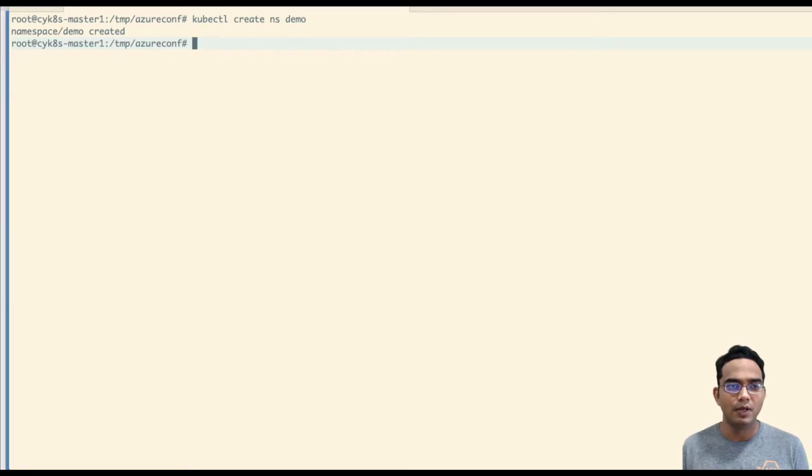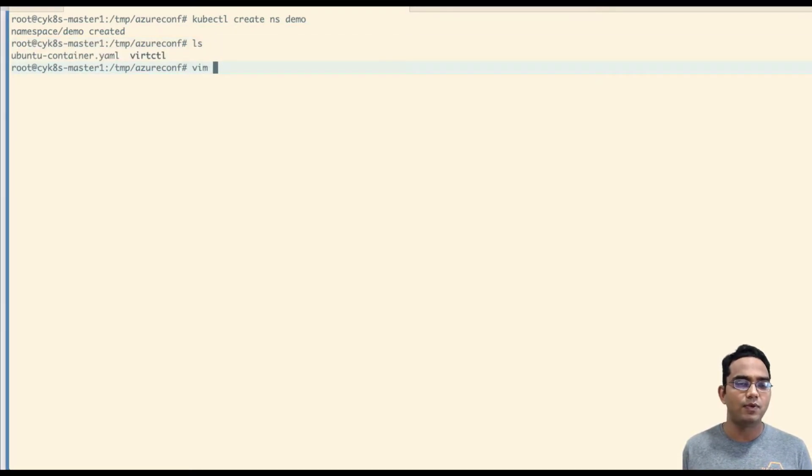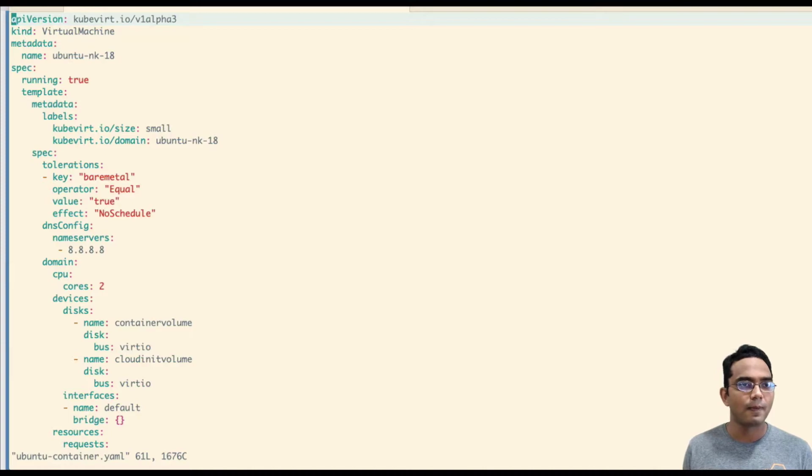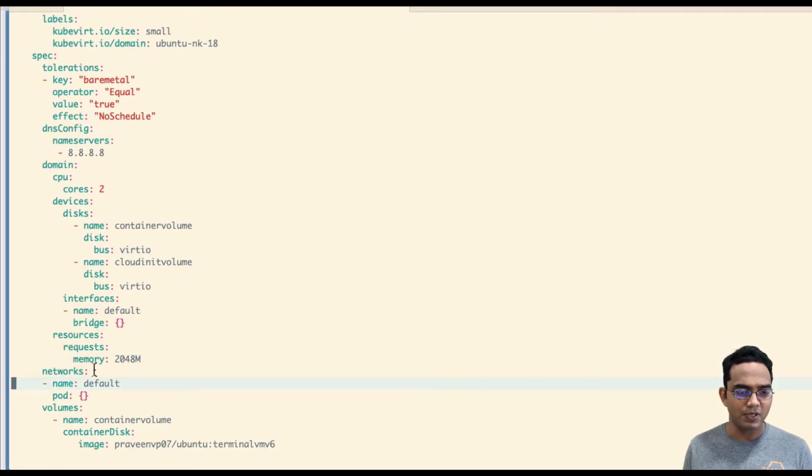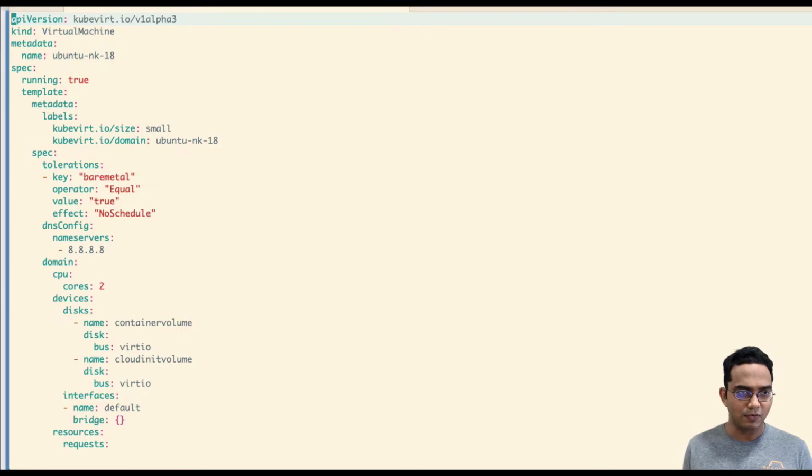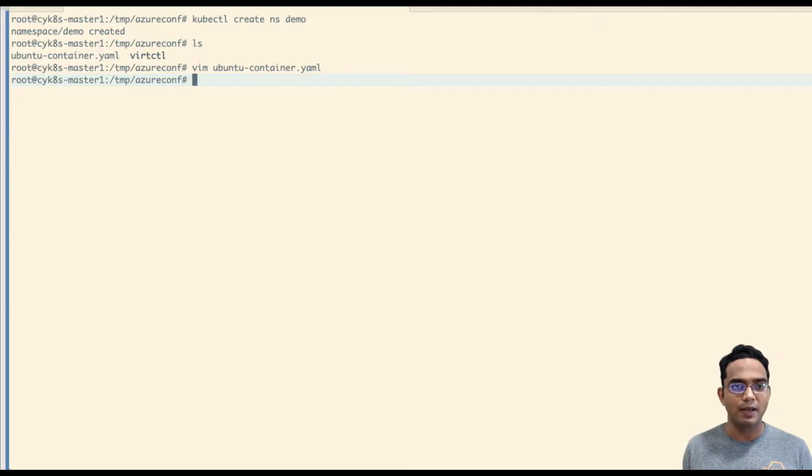So we now have a demo namespace here, and here we have a YAML configuration file to launch our VM instance. Let me show you that. So here we can see that we have a kind VirtualMachine. We would give the name for our VM instance, and if I come down further, I am defining the number of CPUs, and then the memory request I am giving here, and that's all as of now. I can go over details later. So let me for now go ahead and apply this virtual machine creation in the namespace of demo.